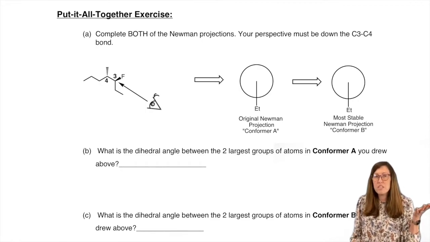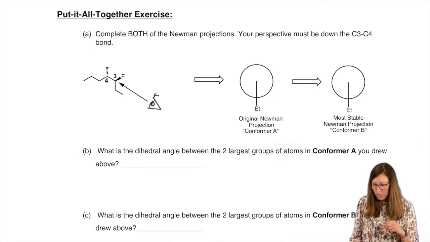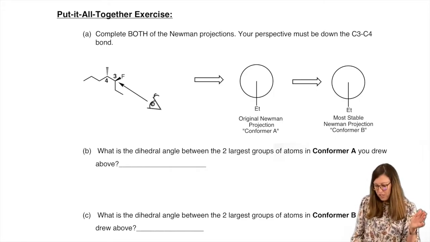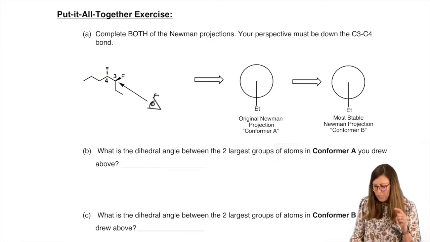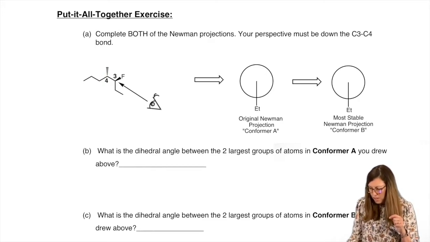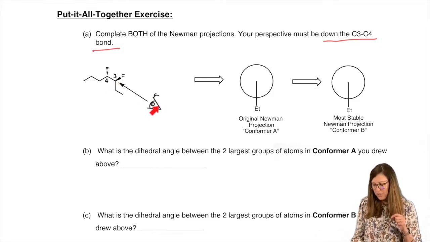But a Newman projection is defined as a viewpoint from one carbon to another. Any two carbons can have a Newman projection. It could have been this two, it could have been these two. So you're constrained, because that wouldn't match the answer key if you picked these two. You're told specifically to do carbons 3 and 4, and it says it must be down the C3 to C4 bond. So that means C3 is in front, so the eye goes there. The eye was actually pre-drawn for this exam to C4.